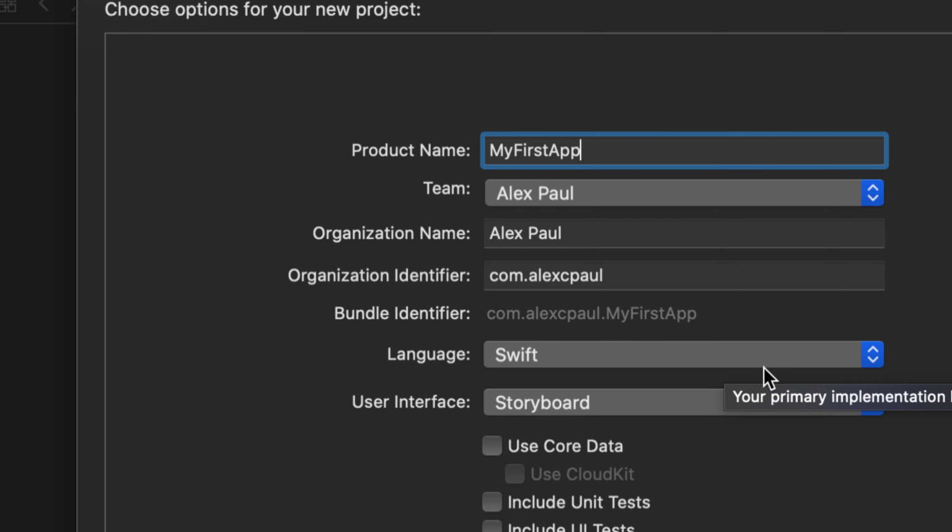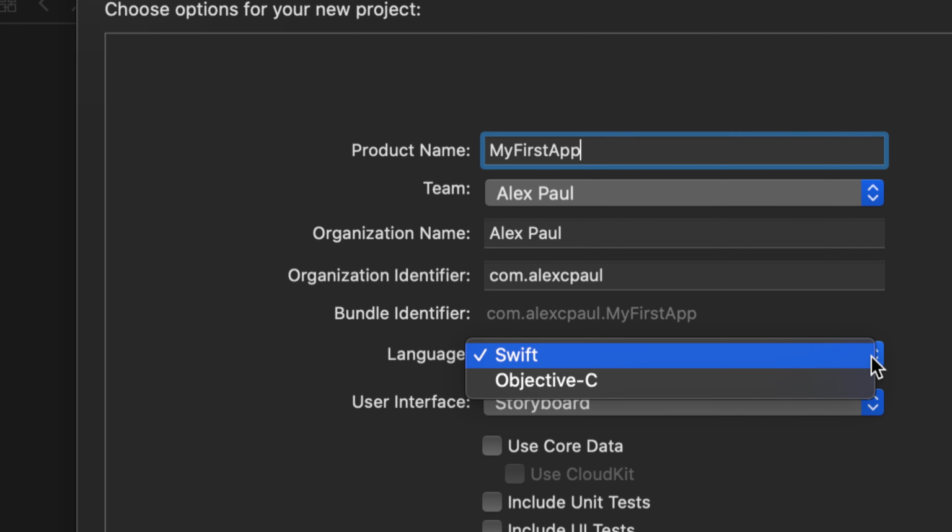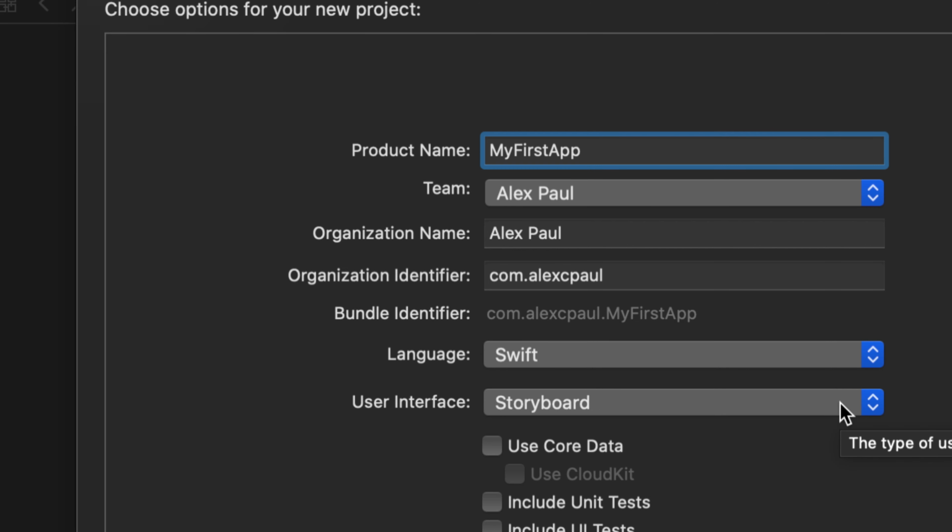For the language, we are using Swift. But as I said before, you could write apps, obviously, with Objective-C, which has been around before Swift, right? So here we're using Swift, so make sure Swift is selected. And I spoke earlier about iOS developers being able to create user interfaces now 2 ways. Before we had 1 way. Now we have 2 ways of creating iOS apps,